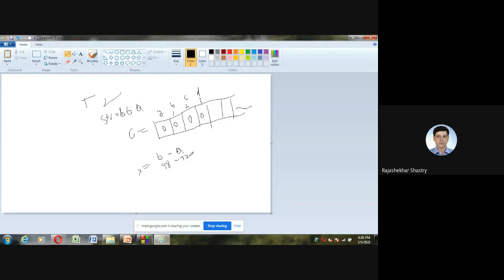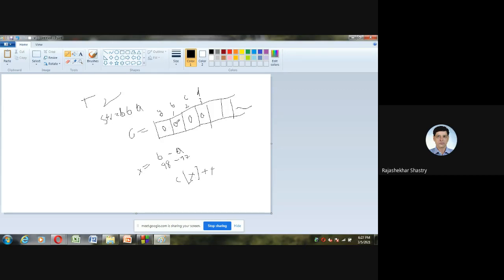So after subtracting like this, I got that X which is holding 1, and 1 is nothing but B as per my representation. So what I will do, I will go to the count array. In the count array, in the location of X, I increment its value. Here this post increment operator is used, so indirectly I'm incrementing the array's first location, because X is 1 here.